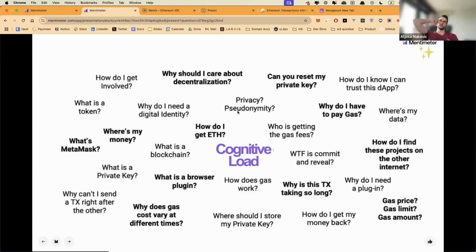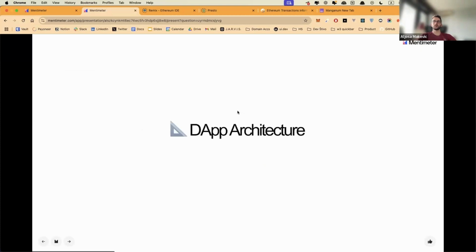And when I say cognitive load, I mean the amount of things you have to keep track of at once while swapping a certain token for another token, because you have to keep track of the fees and that you selected the right token. And the whole time you have to have in mind that you can't revert the transaction. Once you send those funds, they're sent. So it's a different level of responsibility.